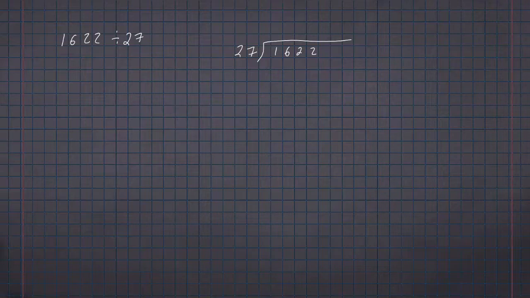And we'll look one step at a time. 27 again rounds to 30, so that's going to be kind of our watch point. 3 times 5 is 15, so 30 times 5 is 150. So 27 times 5 should be somewhere in the ballpark of 150. It might be good enough for 27 goes into 162 5 times. We might be short. Only way to find out is to go off to the side